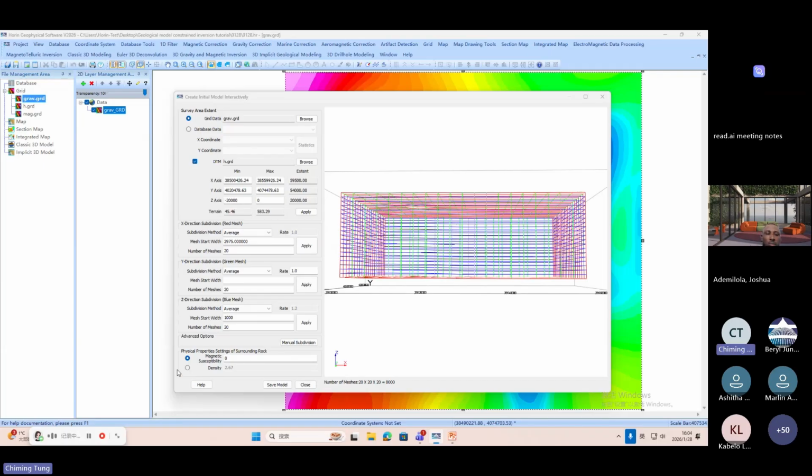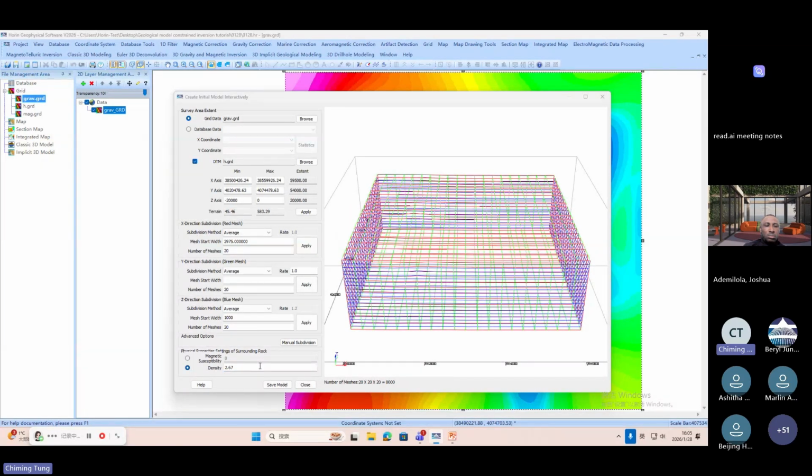In the part here, on the left-hand side, you can choose whether you want to build a density model or a magnetic susceptibility model, and this is the initial value to build a uniform model. Here, if you want to do an inversion of